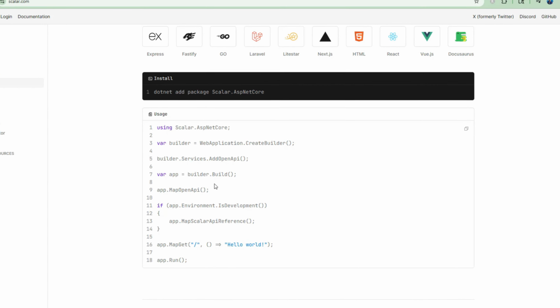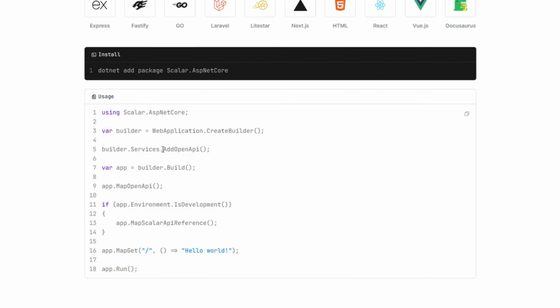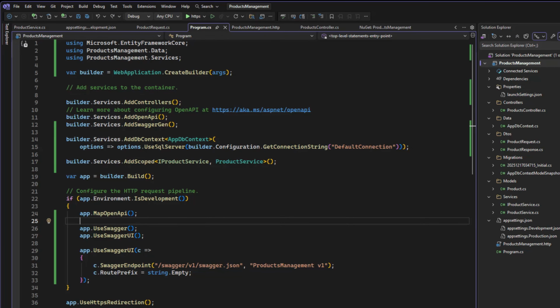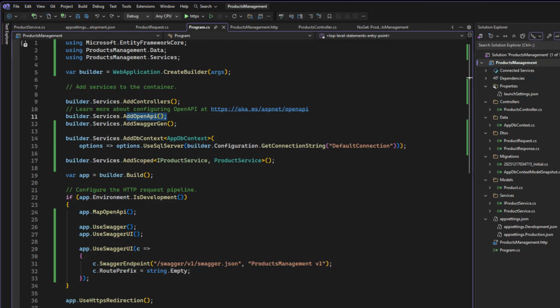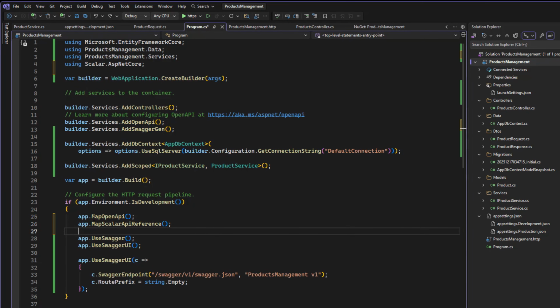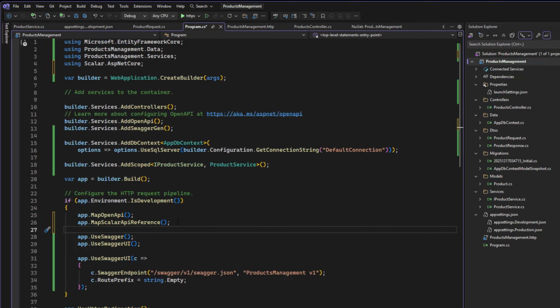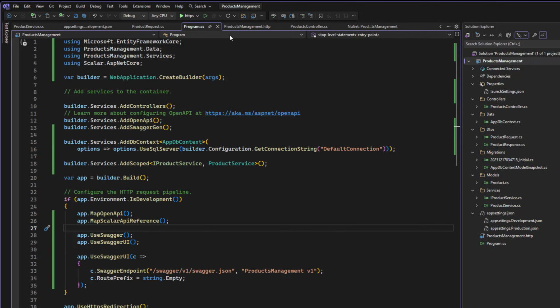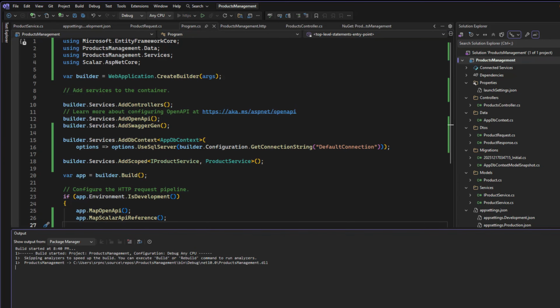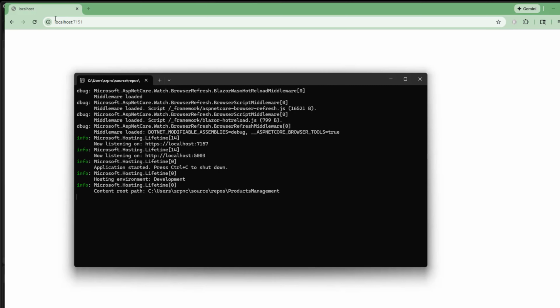So here is the configuration that we need to use. We need to have AddOpenApi, also MapOpenApi, and then MapScalarApiReference. I already have AddOpenApi and MapOpenApi. The only remaining part is this one, MapScalarApiReference. That's it. Save that, and if we run the solution,